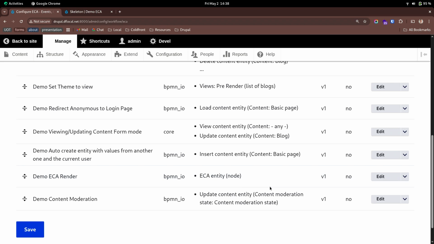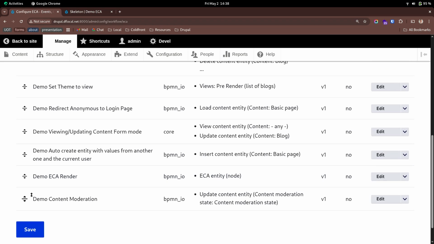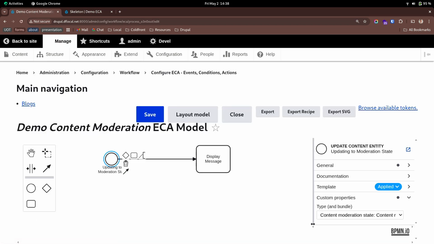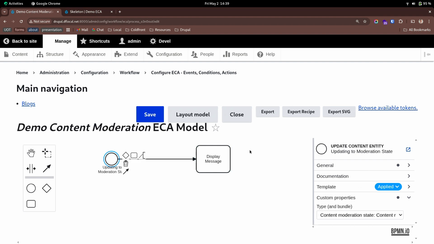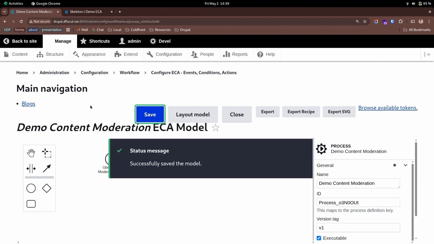And I might have time for one more if I have an interesting one. The content moderation one needs a patch to get this working, so I'm not 100% sure this will work, but it's looking for changes in moderation state, and then it's going to display a message to say what state things are in now. So if I turn this one on,